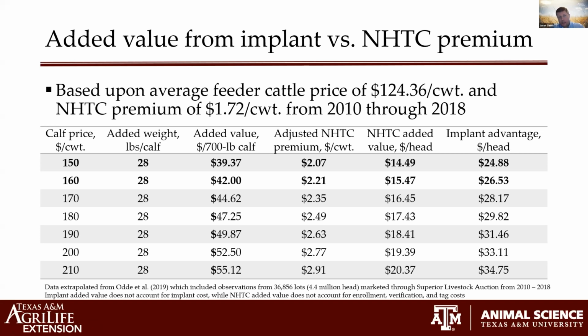Okay. Just the natural or NHTC portion of that was $1.72 per hundredweight over that 8-year period of time. Okay. That's $1.72 per hundred. Okay. So just shy of 2 cents per pound. Okay. That doesn't necessarily mean that program cattle aren't worth more than that, but it's the other aspects of those cattle, source and age verification, just as an example, that appear to be contributing to a much greater portion of